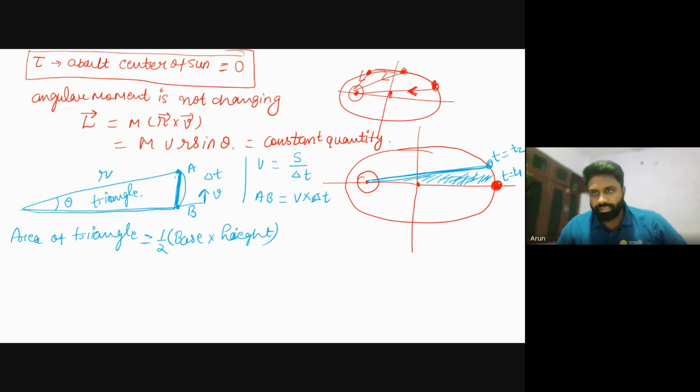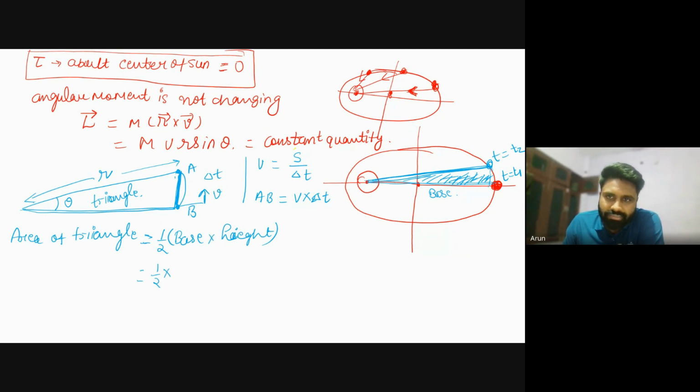Okay, got it? Now, this is the hypotenuse of this triangle, this R, and this is the base. This is the base. Okay. Now base is AB. This is the height. So this AB is V delta t. Okay. So we can say that the area of this triangle is 1 by 2 times